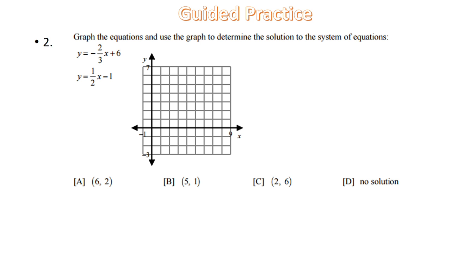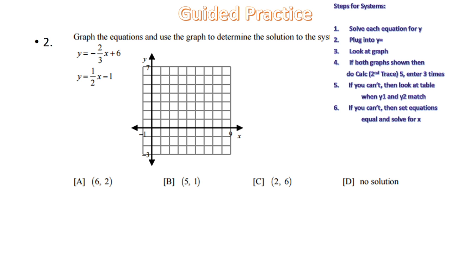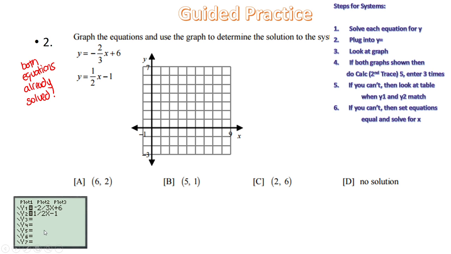We're given 2 equations, y equals negative 2/3 x plus 6, and y equals 1/2 x minus 1. What we need to do next is see if they are solved for y. Now, both of these equations are solved for y, so no extra work here. Just plug them into our y equals key. Make sure you put a negative sign in front of that 2/3 x and a minus sign in front of